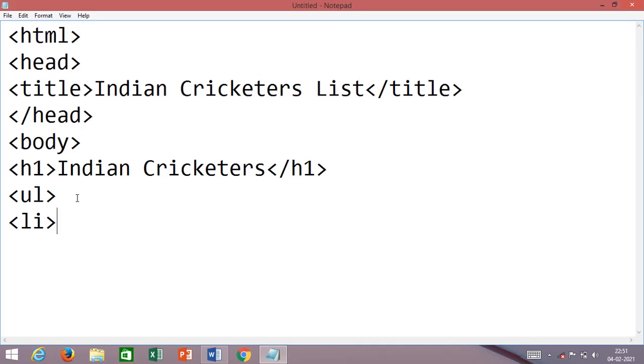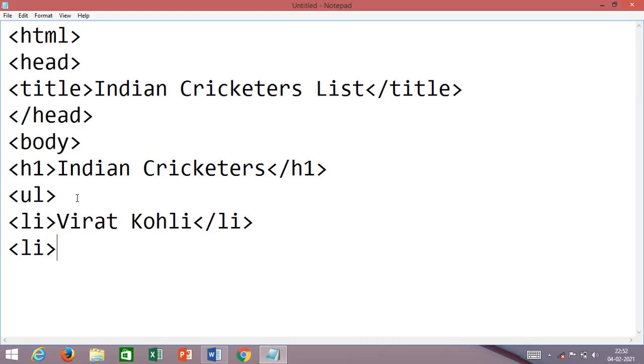Just after li we can keep on writing the names of the Indian cricketers. Let us say I will write one name, Virat Kohli, and close the li tag. That means one bulleted item I have created. Then another li.